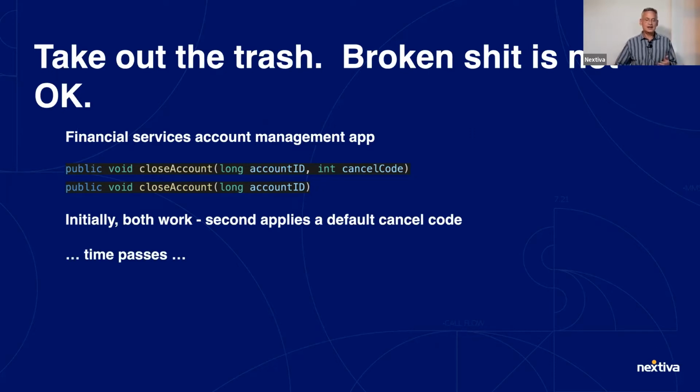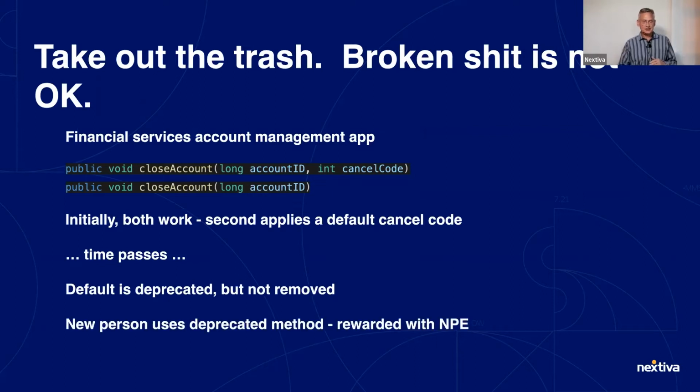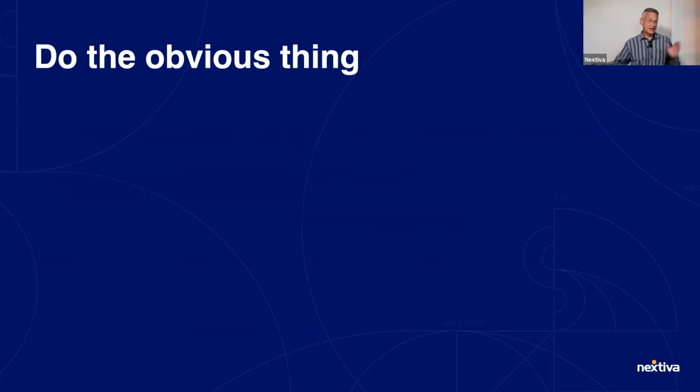Eventually, time passes and the second one gets deprecated, but not removed and not even clearly marked deprecated. It's still there, but it doesn't work. And not only does it not work, it actually throws a null pointer exception when you call it. Newbie calls the thing and it blows up. And that's just painful. Again, it's not safe, it's dumb, but I can't tell you how much of it I have seen and how important it is, as you maintain code, to make sure that people know what is broken. And get rid of it.